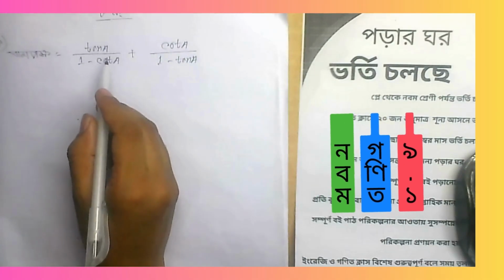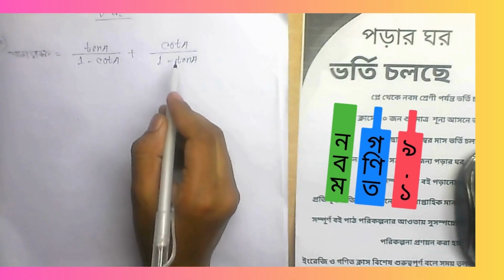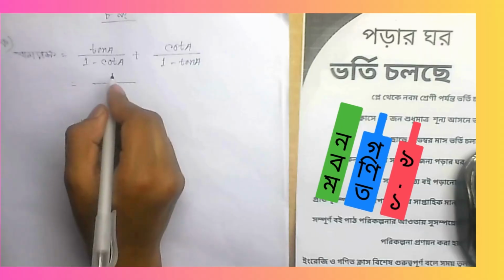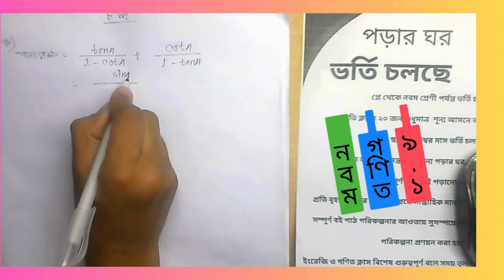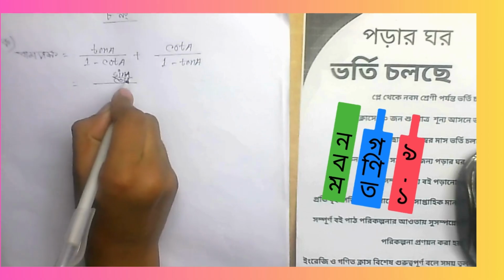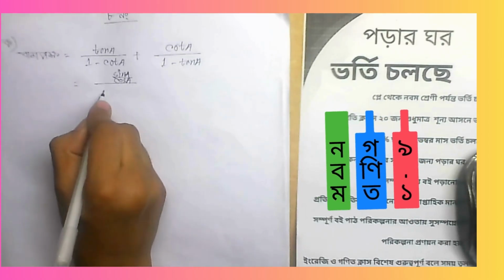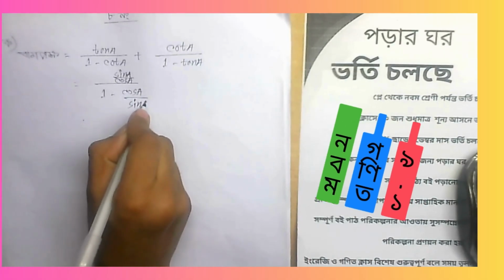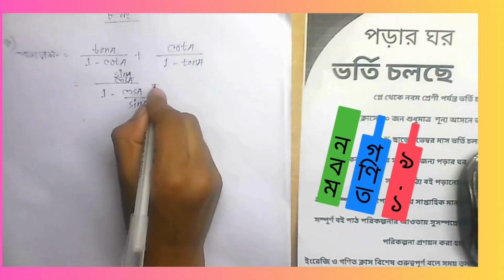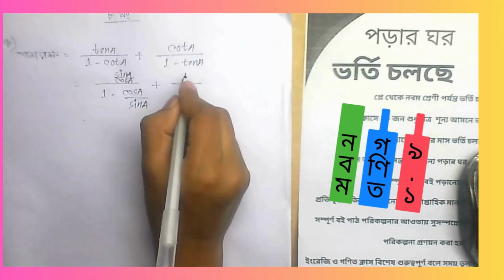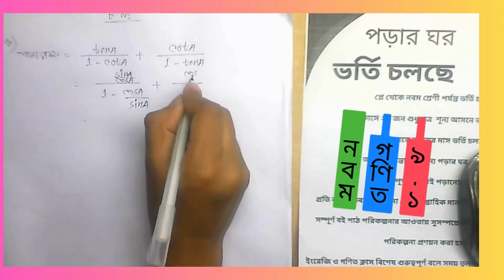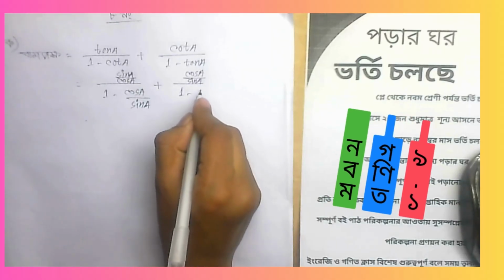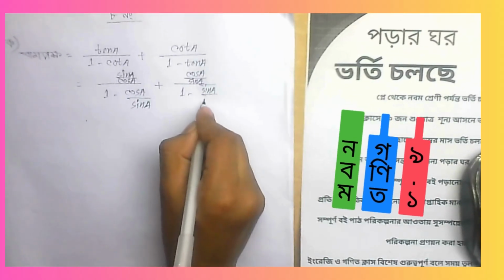বামপক্ষ সমান tan a by 1 minus cot a plus cot a by 1 minus tan a রয়েছে। এক্ষেত্রে আমরা দেখো tan a কে আমরা sin a by cos a বানাতে পারি, 1 minus cot a কে 1 minus cos a by sin a বানাতে পারি, প্লাস cot a কে আমরা বানাতে পারি cos a by sin a, 1 minus tan a হচ্ছে 1 minus sin a by cos a।